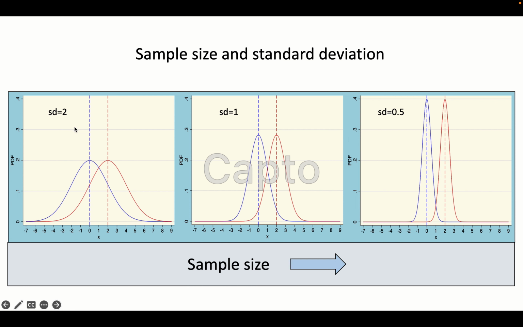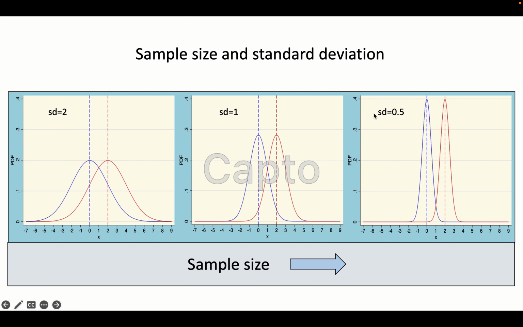And obviously, if you increase the sample size, you will need less and less standard deviation. Obviously, because the more you increase the sample size, the more accurate your estimation of the mean is. So it's going to be easier to detect a difference between